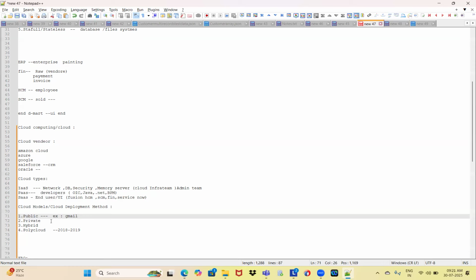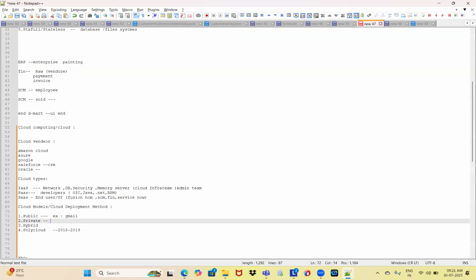And coming to the private, right? The private has some restrictions. When you invoke the application, we need to follow some restrictions. So they have some security. They provide authenticated permissions, so access is given to authenticated users, not for all. So only the authenticated users can access those applications which are hosted on the private cloud.